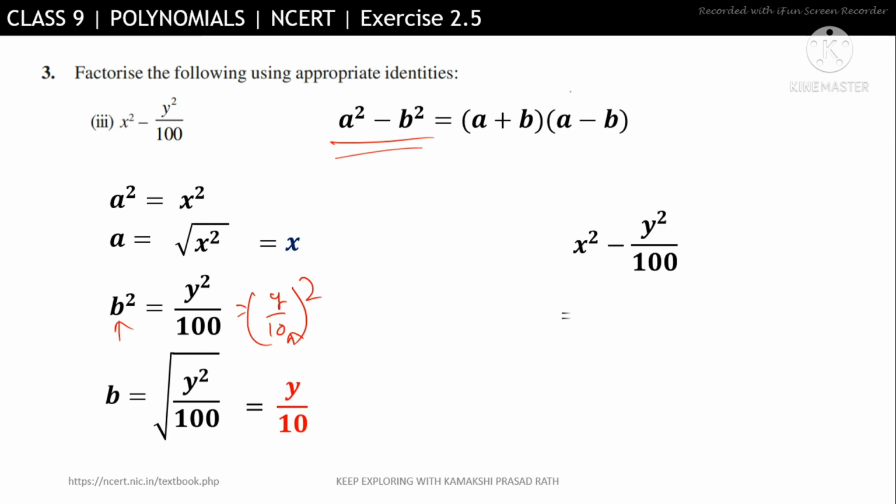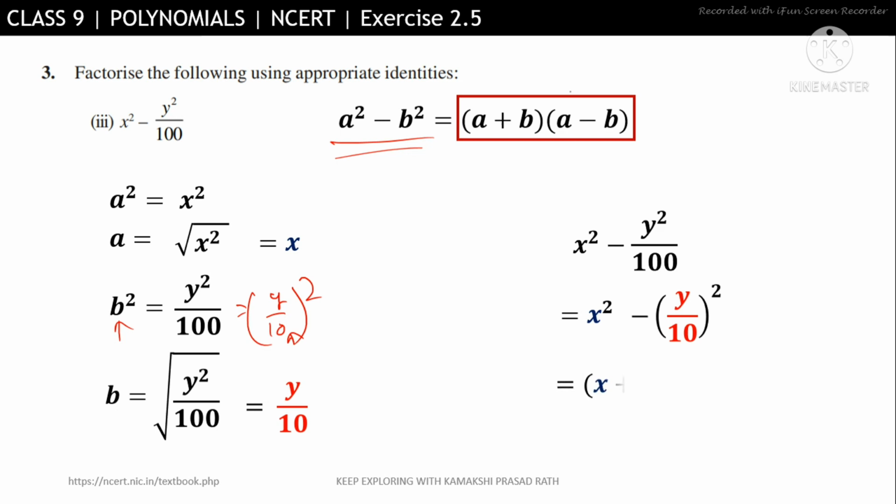Now a squared minus b squared, you can see this. Now it is written in the form of a squared minus b squared. So here we can see a squared minus b squared is nothing but a plus b into a minus b. So when you say a and b, that is nothing but x and y by 10. First plus second, first minus second. So what is there in the first? First we have x, second we have y by 10. Again first minus second, x minus y by 10. So just you have to think of first term and second term here. So we get x plus y by 10 multiplied by x minus y by 10.